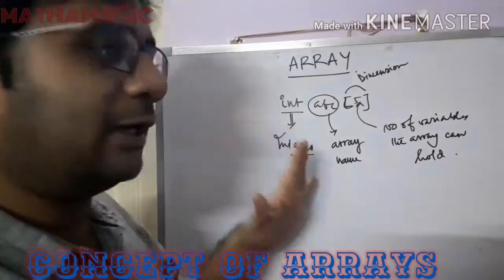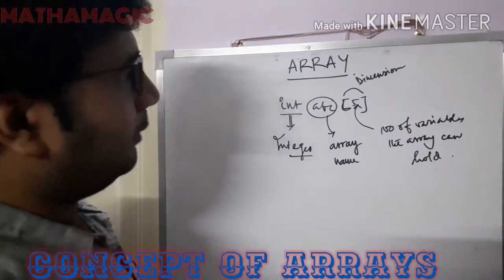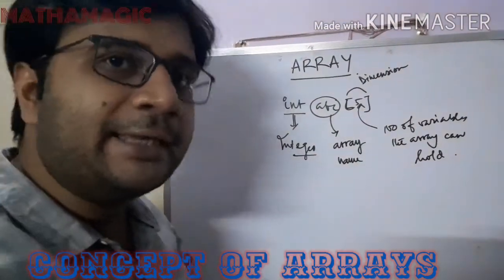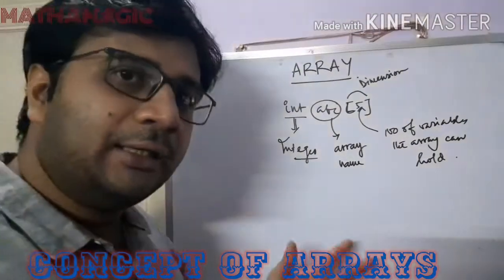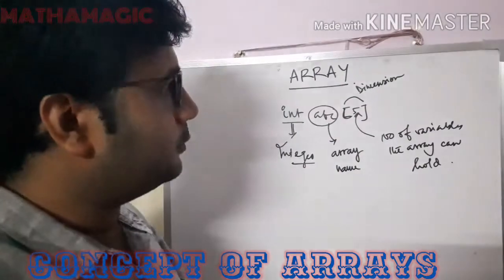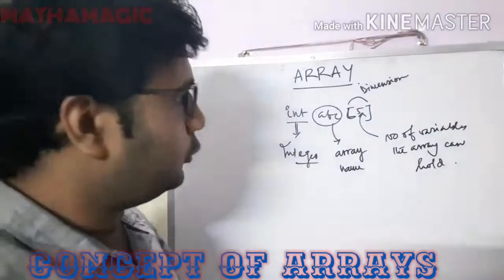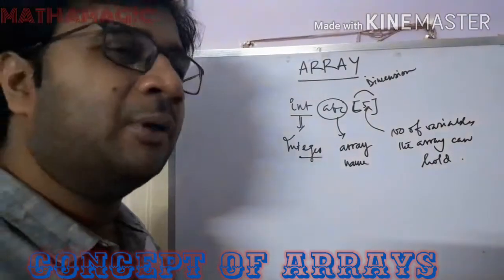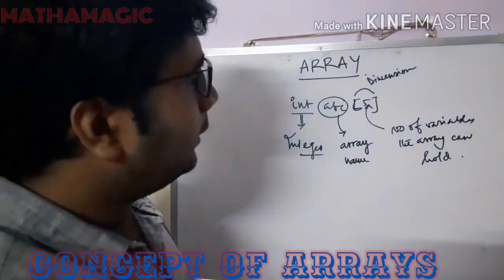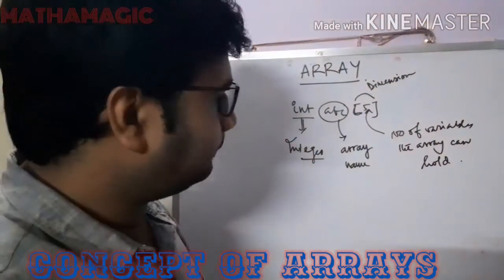If you use float, that will remain as array. Now ABC, you can give any name to it. Whatever variable name restrictions are there, in case of array, the same restrictions follow. But you can give any name as per your choice. I have given a simple name, that is ABC. You can give XYZ, whatever you like. So this is an array name.